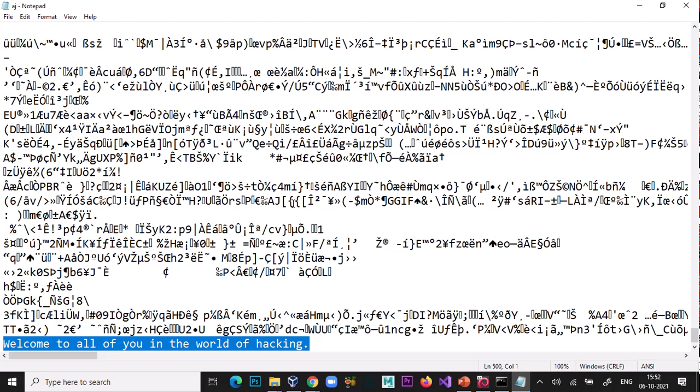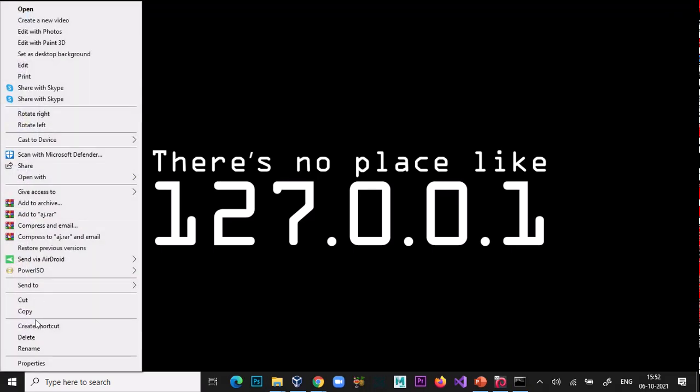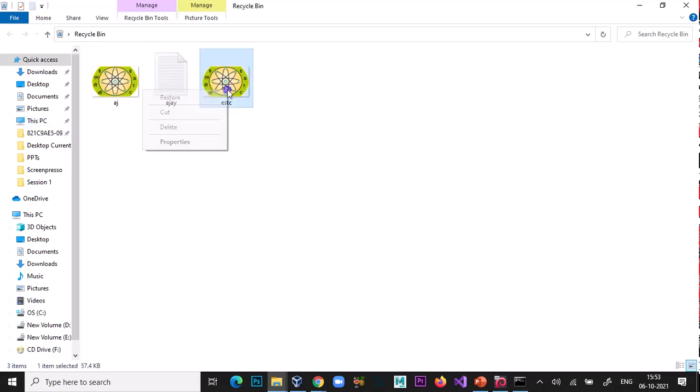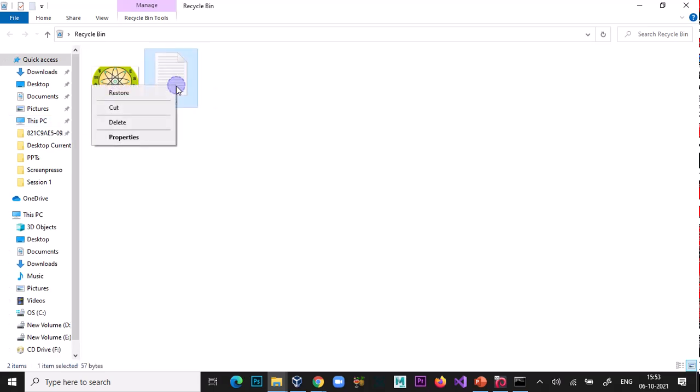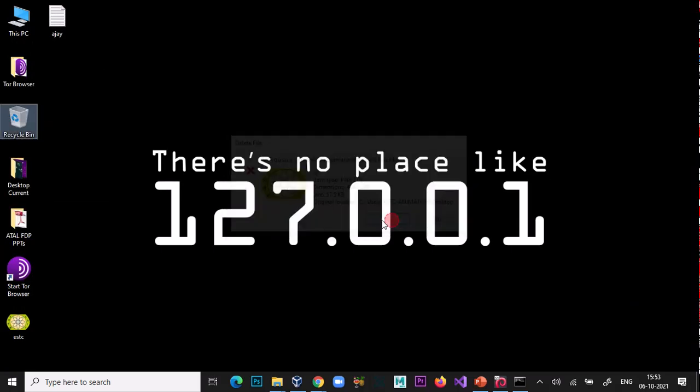And if you want to use any tool for that, you can use it. Okay, so now I delete it, and I restore my files.